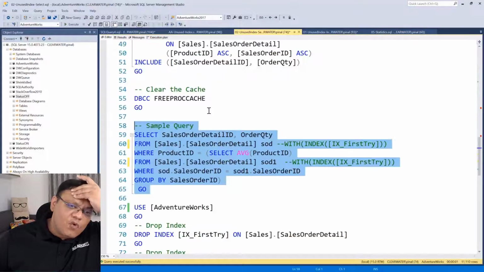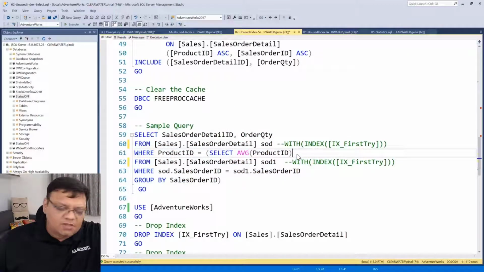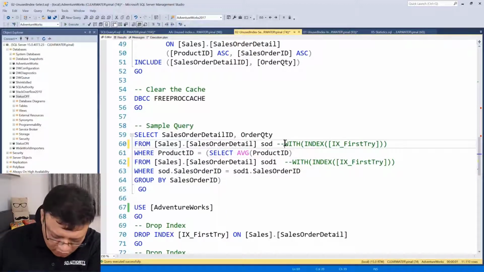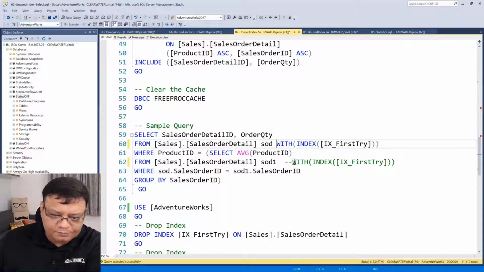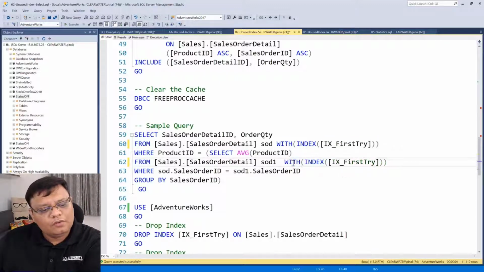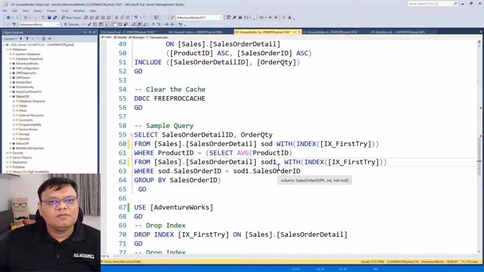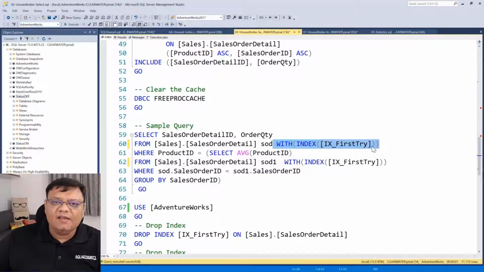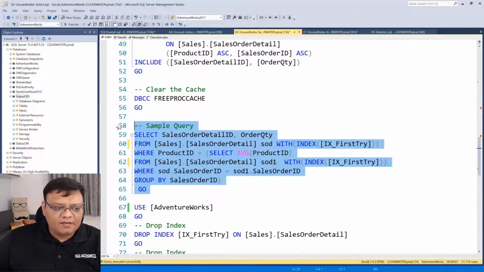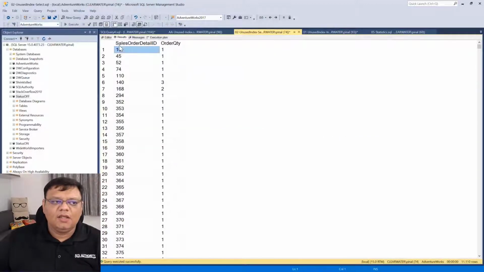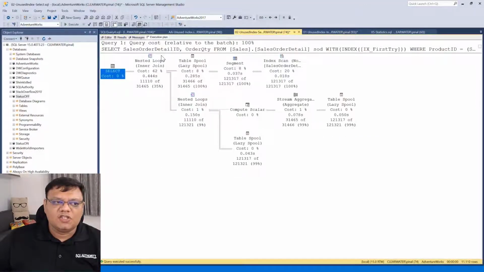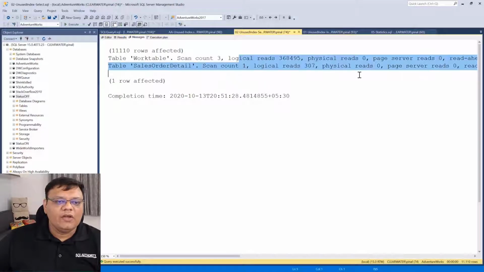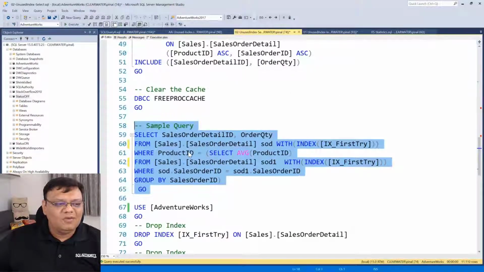And now, if you are not believing, I'm going to tell you this: this query doesn't use the second index at all. Still, it does that. So to make you believe, I am going to put in a query hint explicitly telling it to use the first index only. Now when I run this query, look at the execution plan: still bad, huge IO read. What? Why is it so?